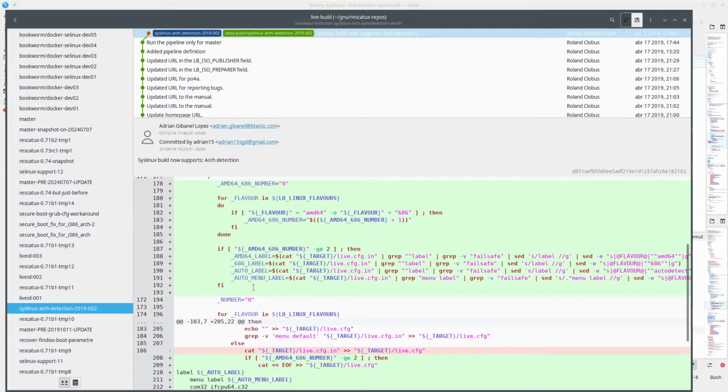How are you supposed to know that the first one is AMD 64? It's because it has an A, isn't it? The second one has a 686 because it has an